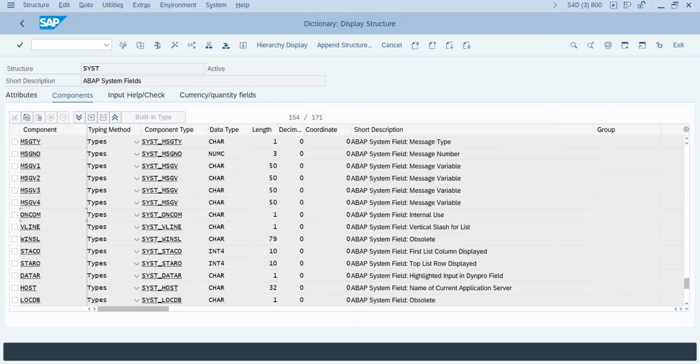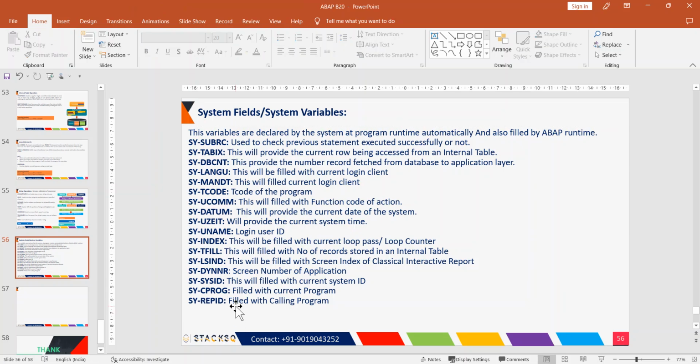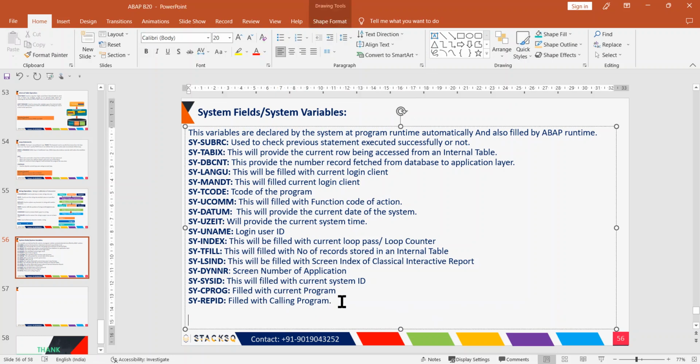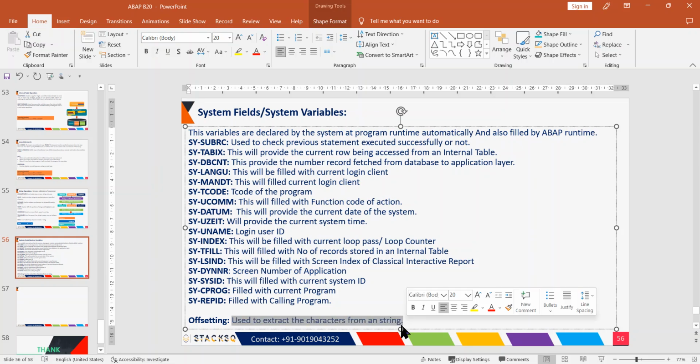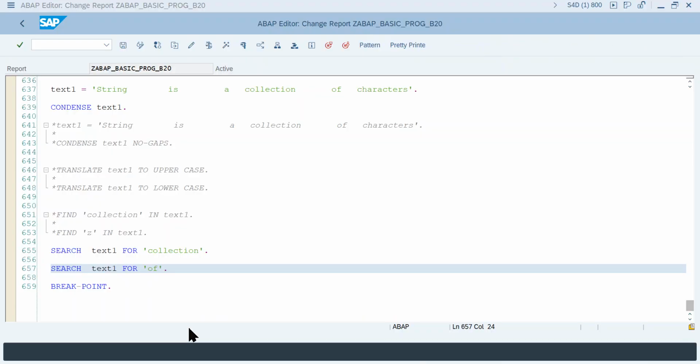Okay, I think we are good till now. One more thing that I wanted to cover is offsetting. What is offsetting? Let's understand. It is used to extract the characters from a string. Okay, it is used to extract the characters from a string, right? So let's say, for example,